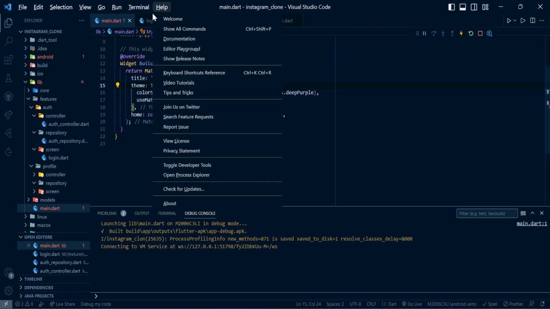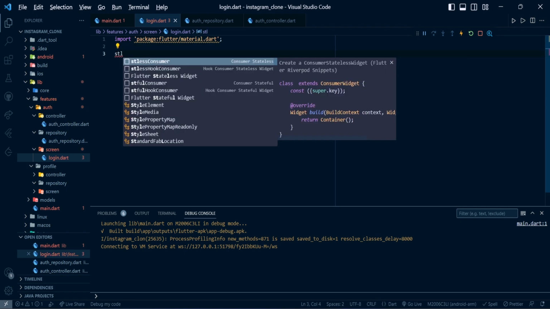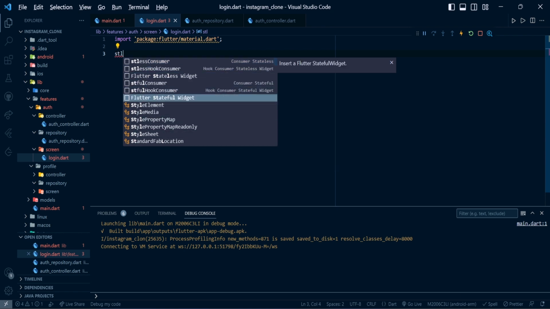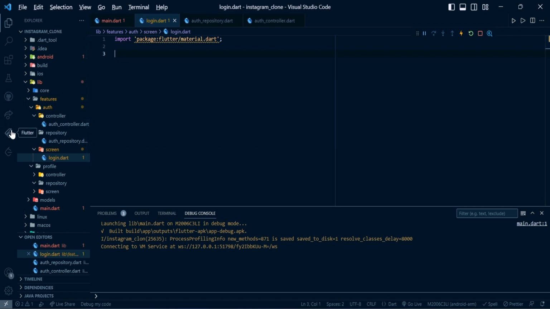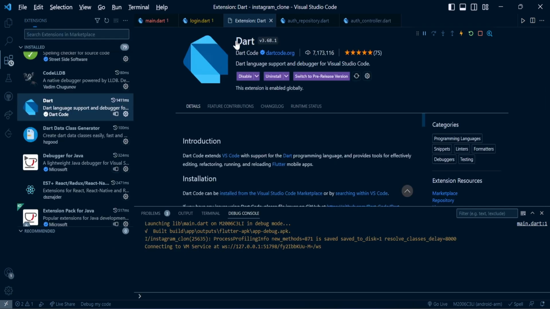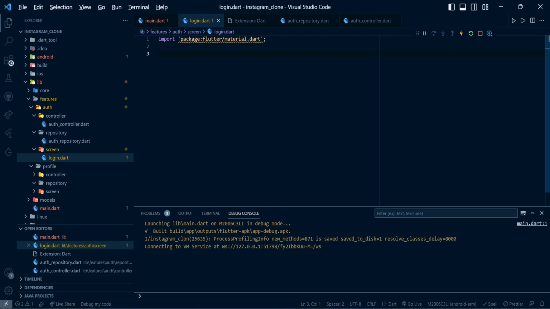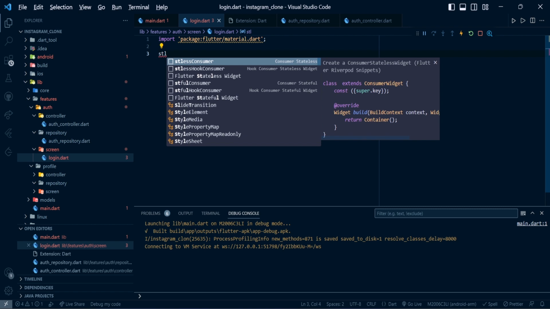And here let me first create a login screen. Let's import material. Then let's create a stateless widget. Oh, one minute. Make sure you have the Flutter extension installed in VSCode. Make sure you have this Dart extension installed and this Flutter extension. Okay. So now we have imported the material, and now we will create a stateless widget just by typing